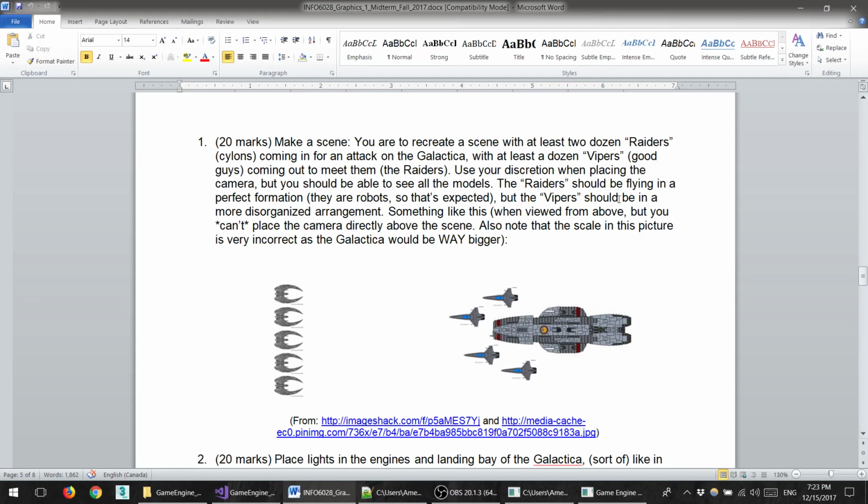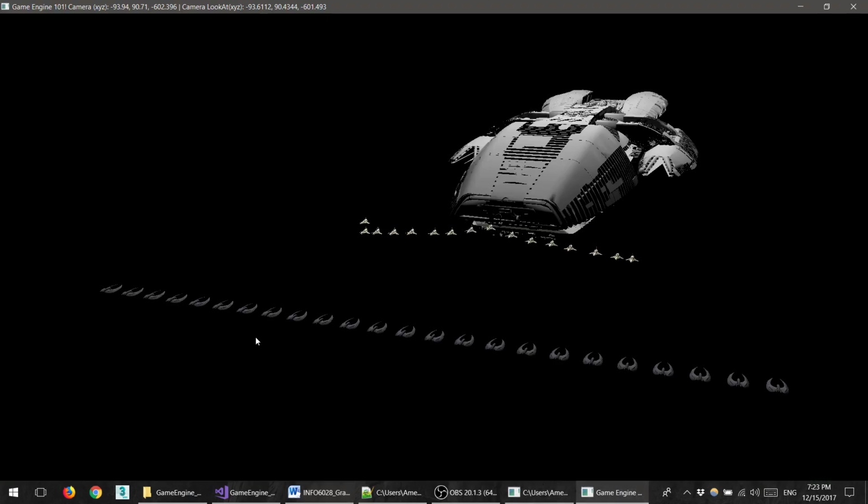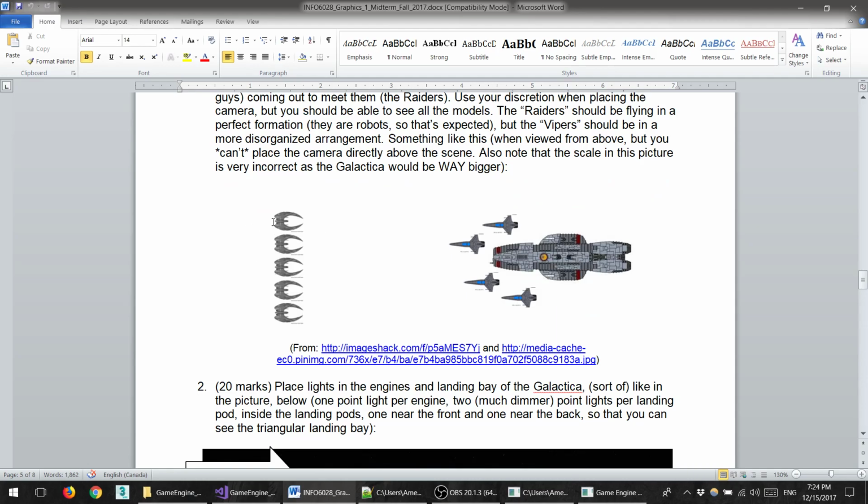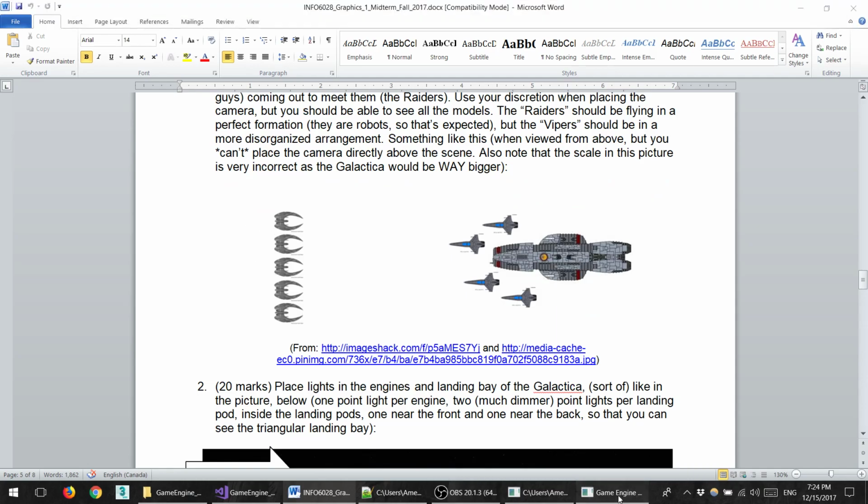And the raiders should be flying in a perfect formation, as you can see here. They are all lined up against the Vipers and the Galactica. The raiders should be flying in a perfect formation, okay, but the Vipers should be in a more disorganized arrangement, like this. So he gave us some tips to build our scene,